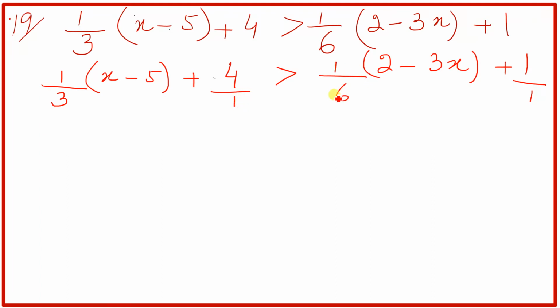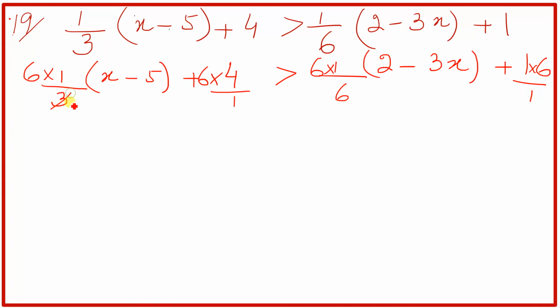Now here is the fraction, here is the fraction. We have to remove this fraction, or simply you can say we have to make 1 in the denominator. We have 1 here, we have 1 here. So these are four terms. If we multiply the four terms by 6, this term by 6, this term by 6, this term by 6, in this way we will get 1 in the denominator, or we will remove the fraction.